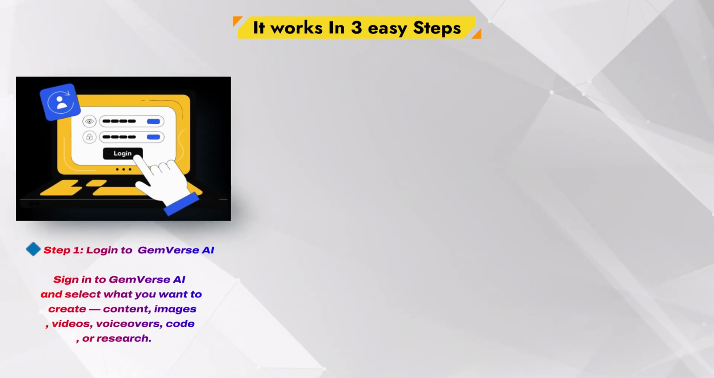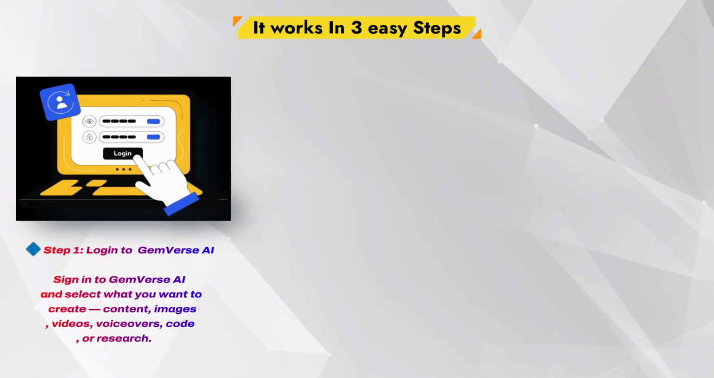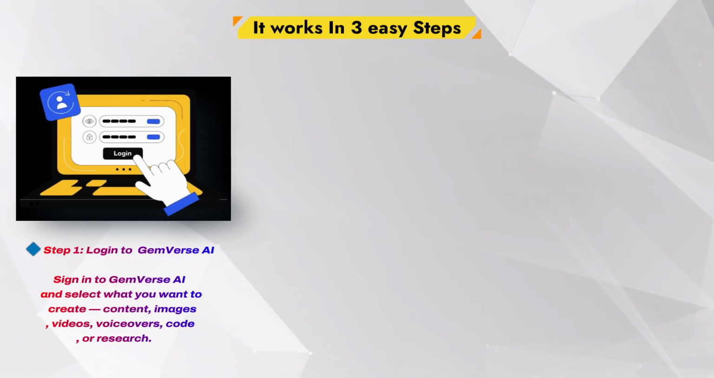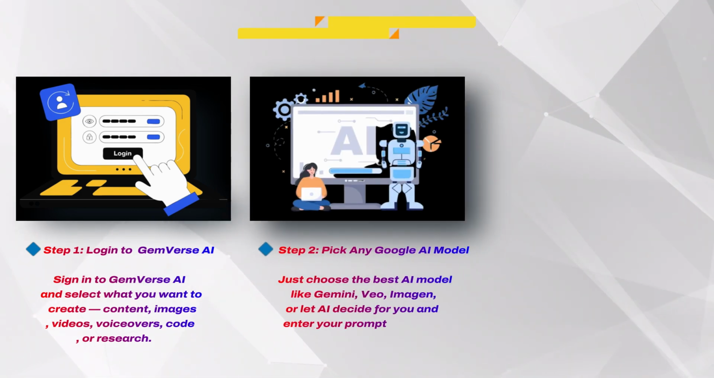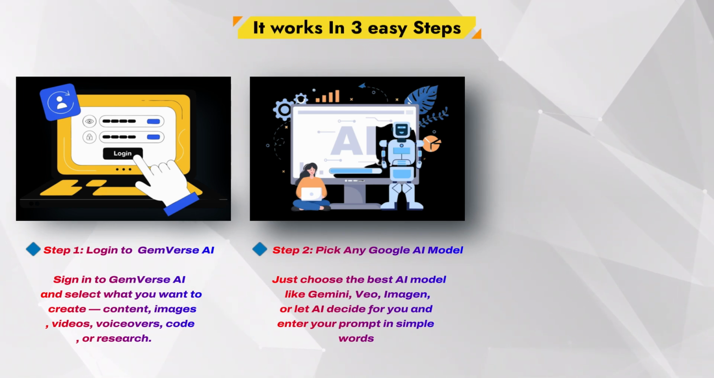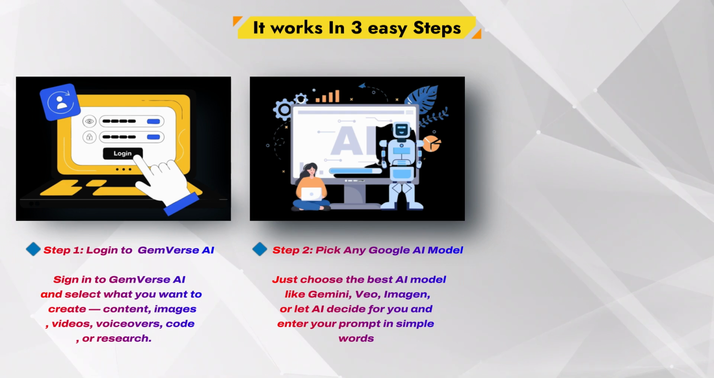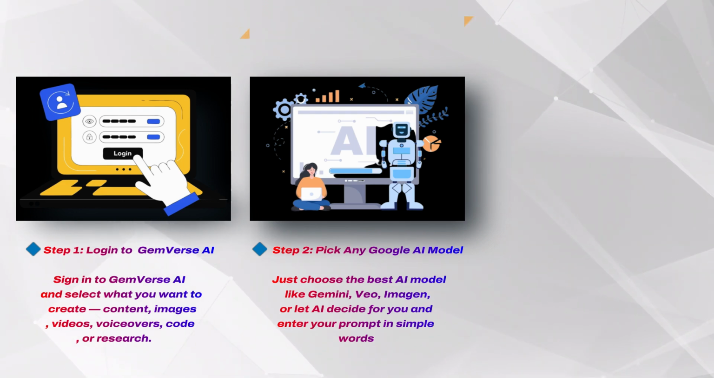Step 1. Log into GemVerse AI, sign in to GemVerse AI, and select what you want to create: content, images, videos, voiceovers, code, or research. Step 2. Pick any Google AI model. Just choose the best AI model like Gemini, Veo, Imagen, or let AI decide for you and enter your prompt